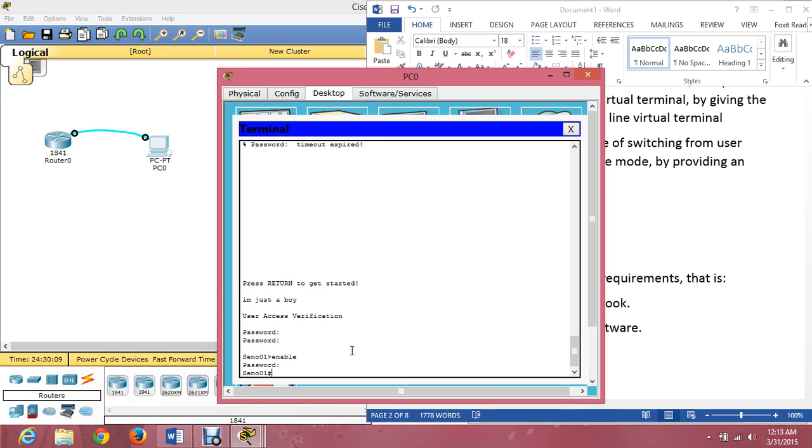To check the startup configuration, we should enter configure terminal. It will go to the global execute mode. Type configure space terminal. Enter.